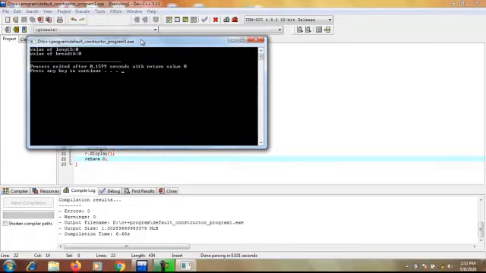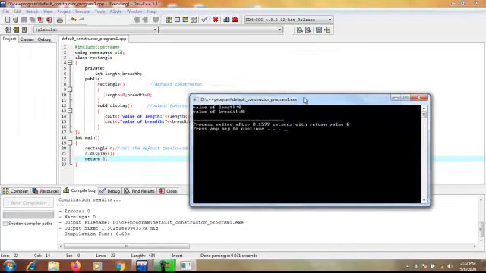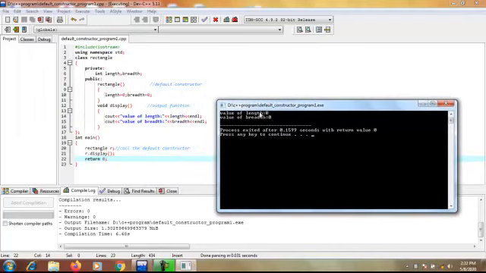Here you see that the value of length equals 0 and the value of breadth equals 0, which I declared in the body of the default constructor. So the default constructor body is written in two ways. In the previous video I wrote that the default constructor has no definition.